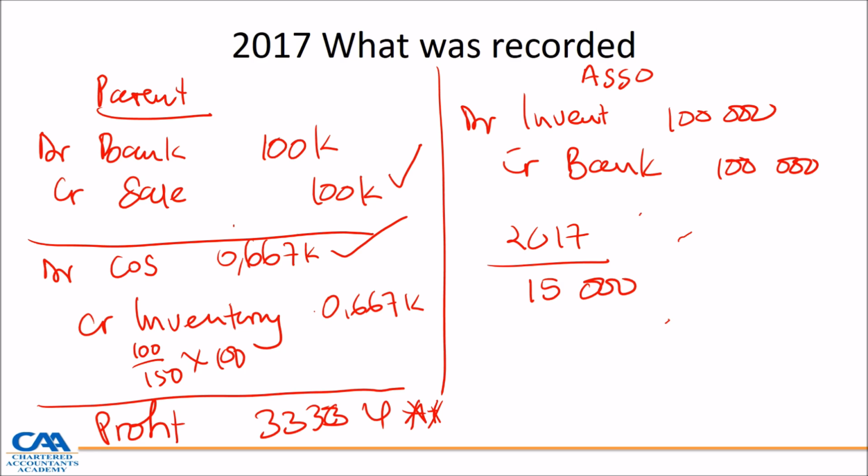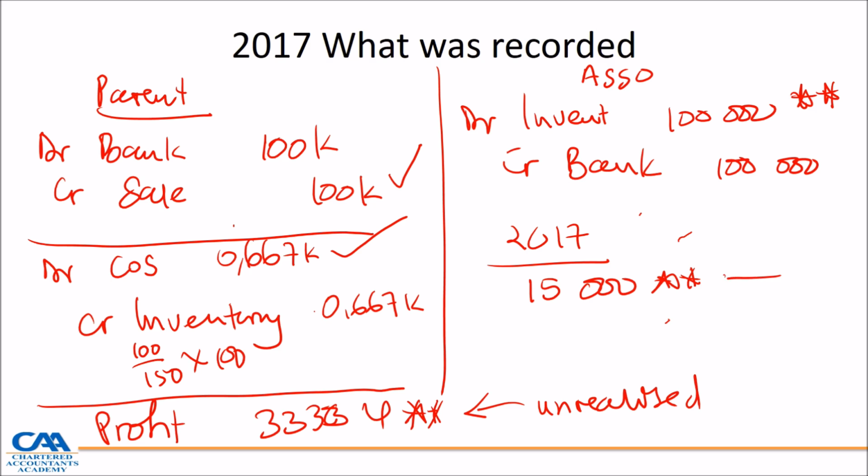Yes, to the extent that it has been sold to a third party. But we know that there is 15,000 here which has not been sold to a third party, which means the profit which the parent recognized here is overstated by the unrealized component,